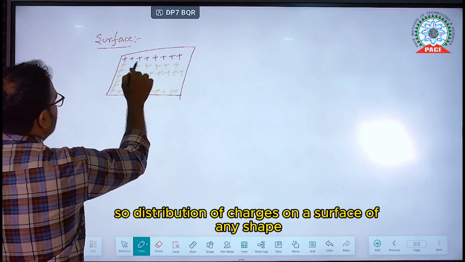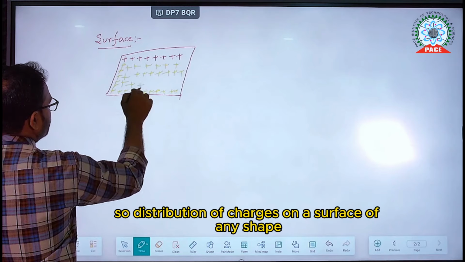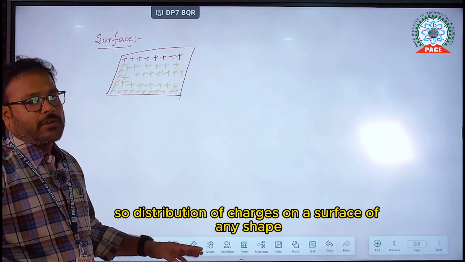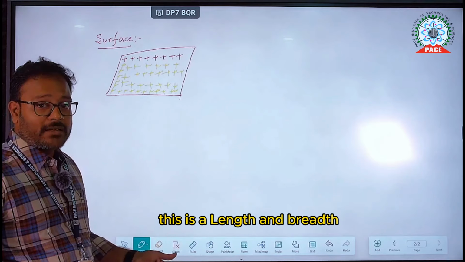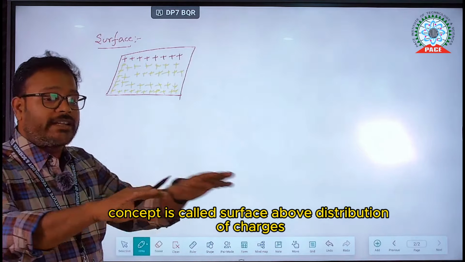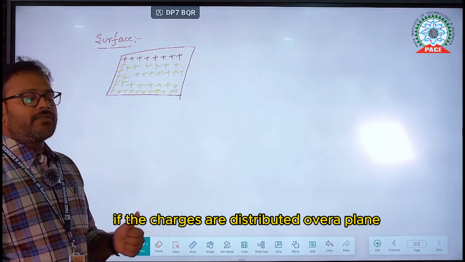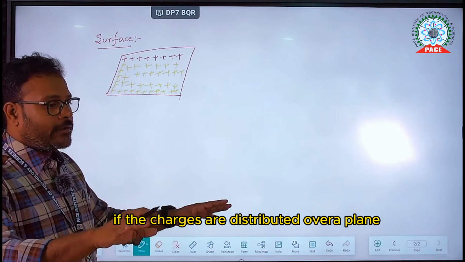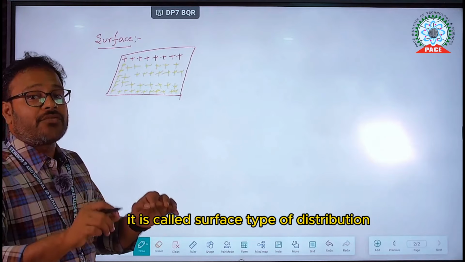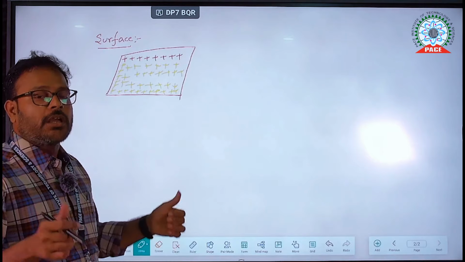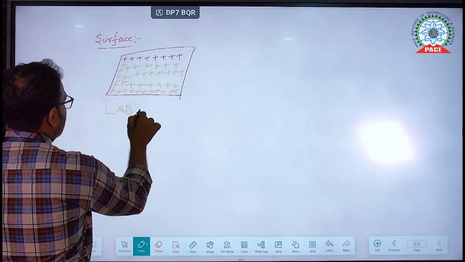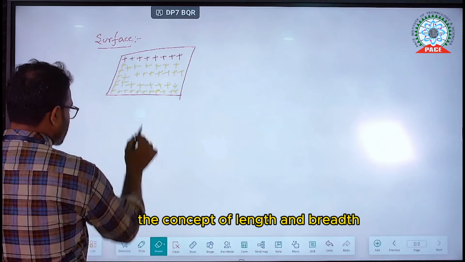So distribution of charges on a surface of any shape which has length and breadth. This has length and breadth. This concept is called surface type of distribution of charges. If the charges are distributed over a plane in terms of length and breadth, it is called surface type of distribution. In the concept of length and breadth, I can calculate